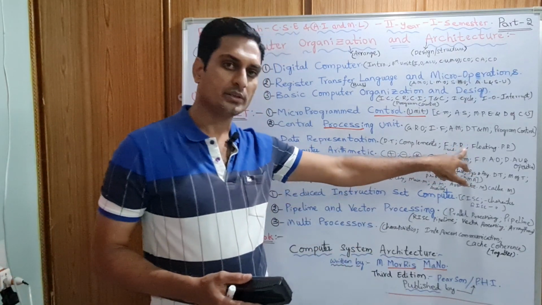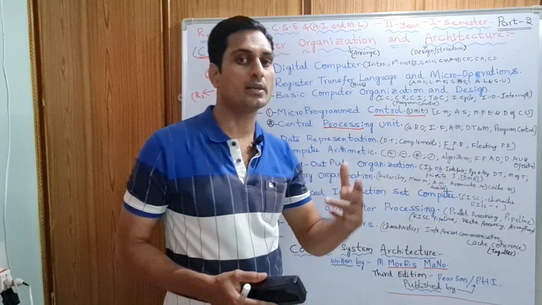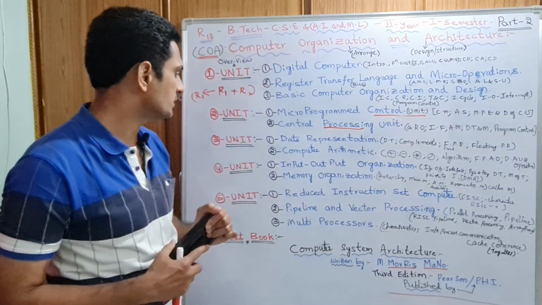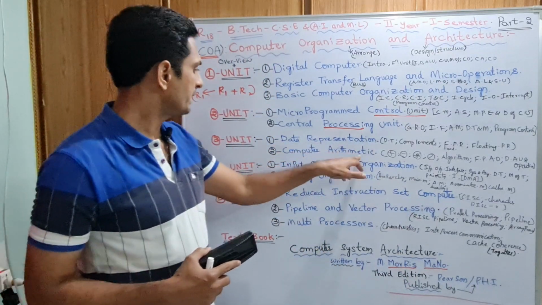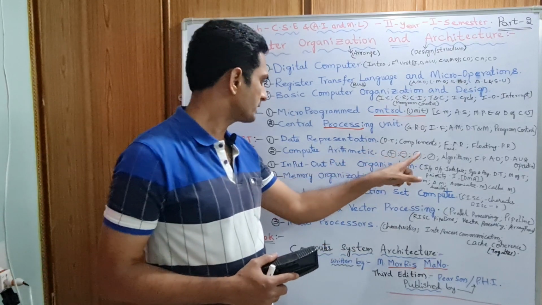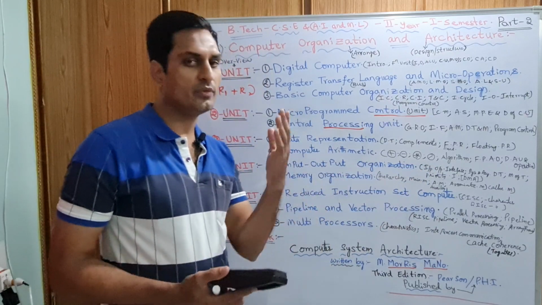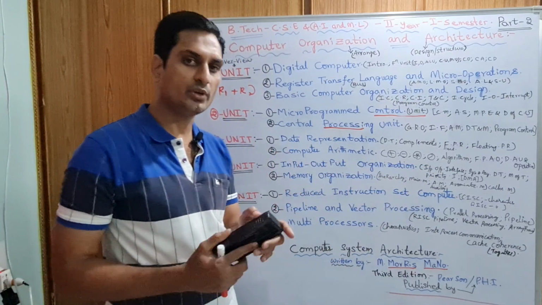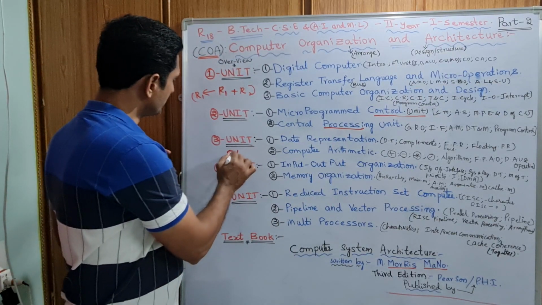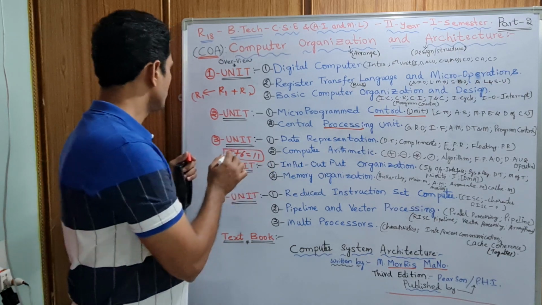Fixed point representation and floating point representation. Floating numbers will be there, and how they are represented in the form of zeros and ones inside the computer, we are going to discuss. And computer arithmetic. Arithmetic means mathematical calculations: addition, subtraction, division and multiplication. How they are done inside. Outside we know 5 plus 6 equals 11. We know it. If we type 5 plus 6 equals 11, on the monitor we will see this. Right?